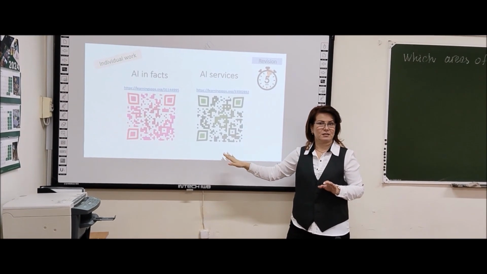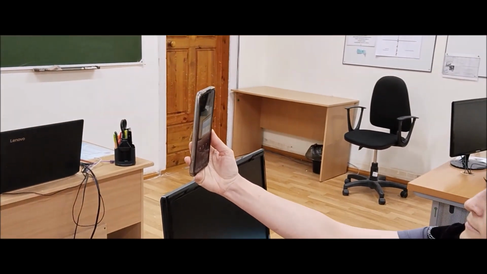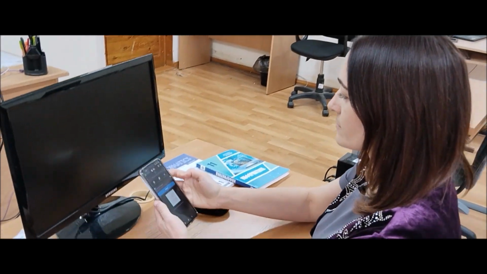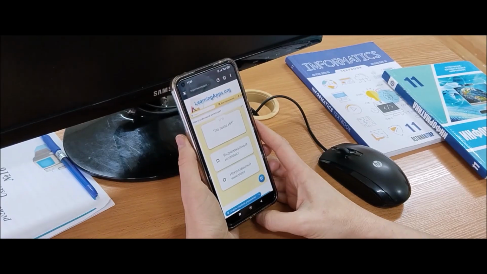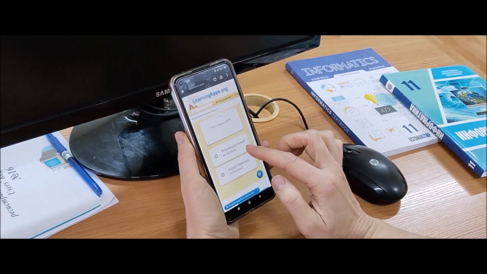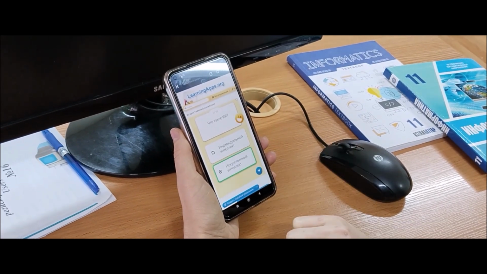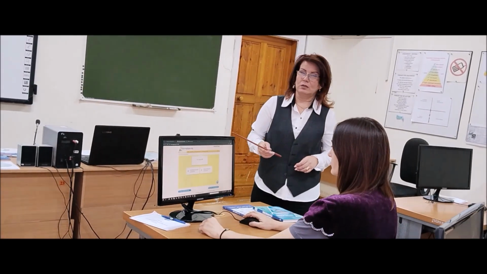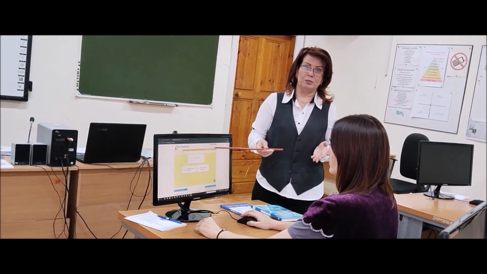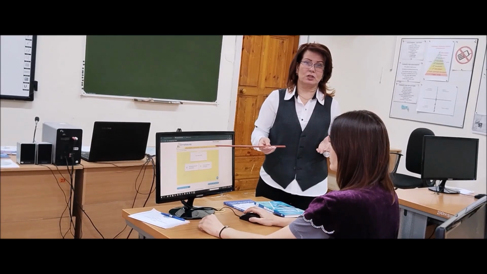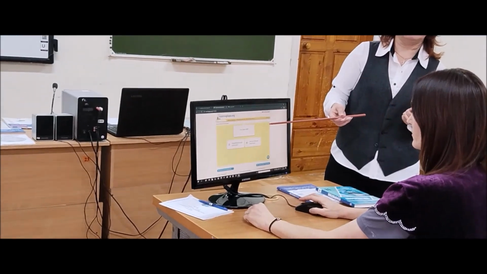These interactive tasks will be assessed. Also, we can do these tasks on a computer using the Google Chrome browser. For example, you can see the picture here.